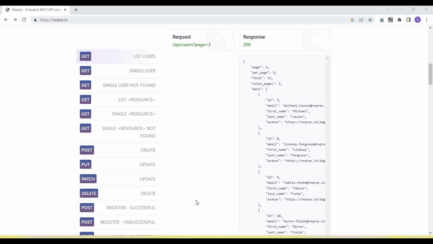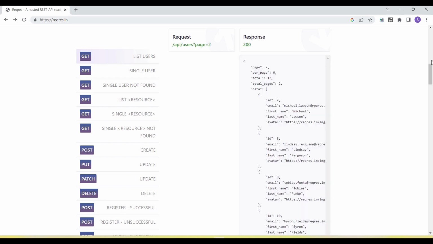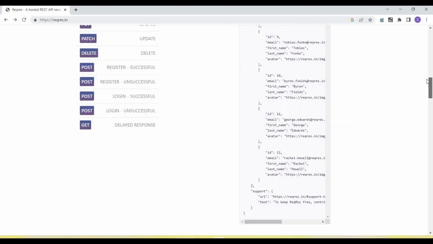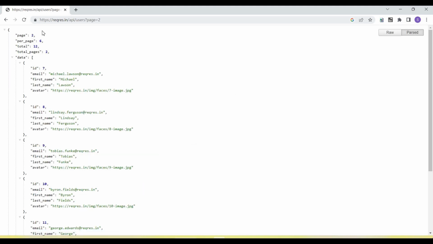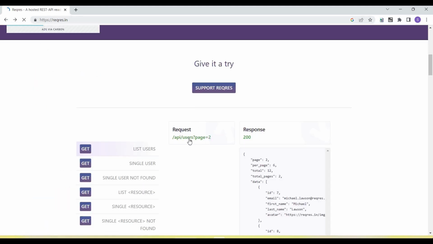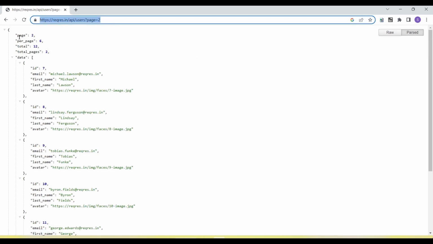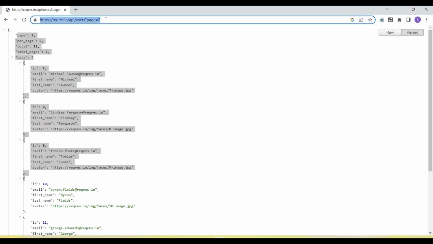Okay, so let's first get the endpoint URL. For these APIs, they have mentioned the endpoint URL here. This is the endpoint URL. And if I click on the GET request, because a GET request we can navigate to in the browser, you will see the complete URL as well as the response details in JSON format. So let's copy this URL,